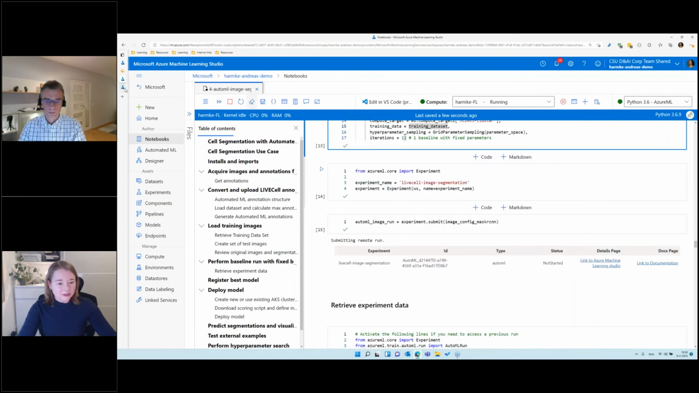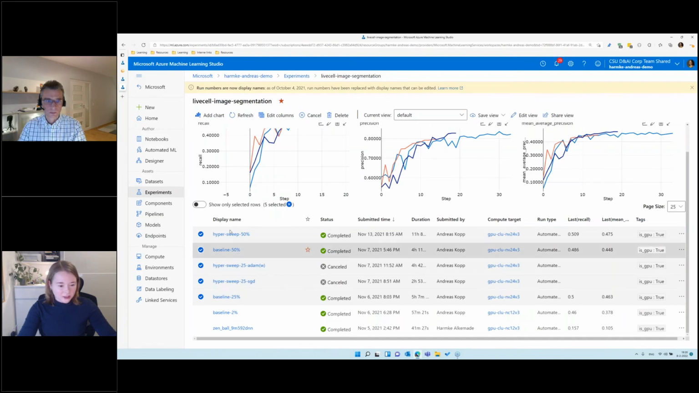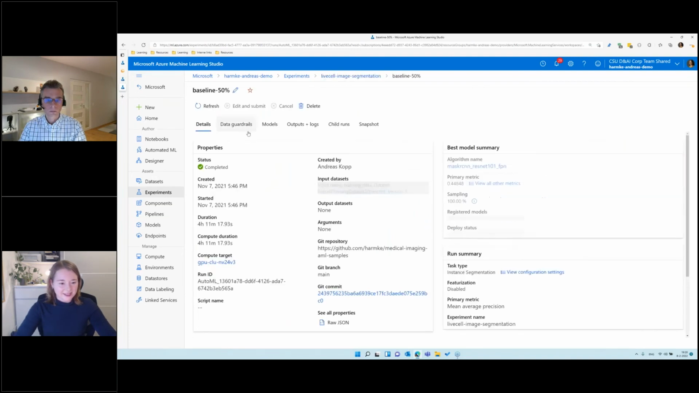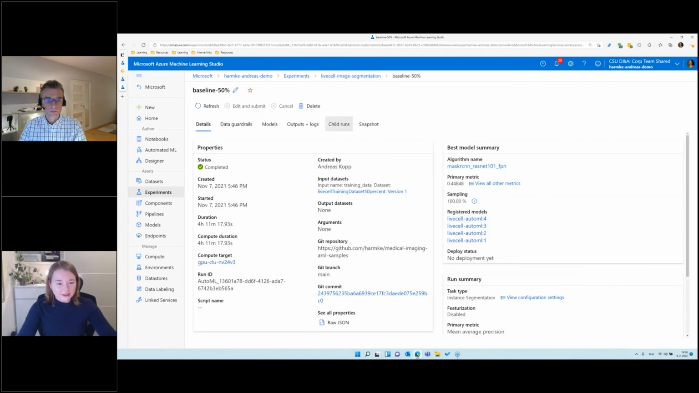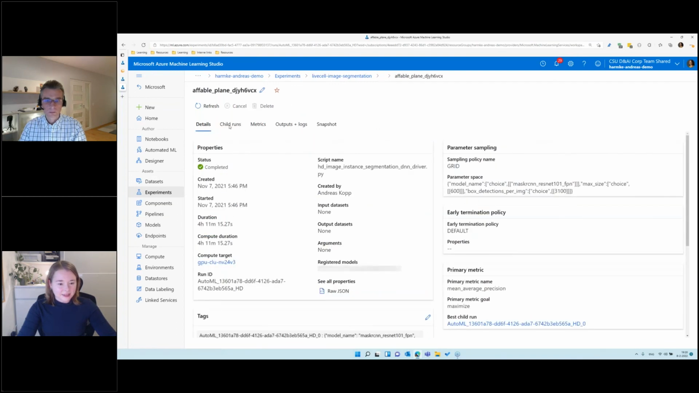And this basically allows us to see the results in the ML Studio as well. So similar to the first demo that Andreas showed. So in this case, we have an experiment, live cell image segmentation, and the baseline experiment that we executed. Oh, my screen is freezing a bit. Can be found here. And if we then go to child runs and select the run that is completed,